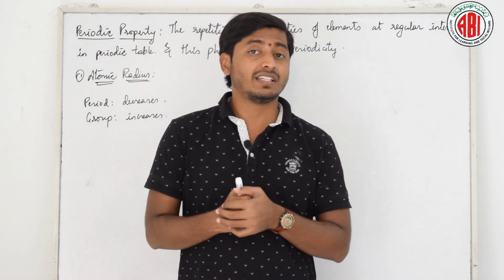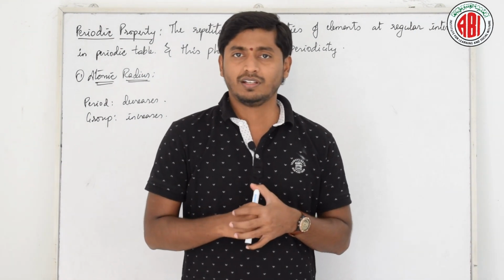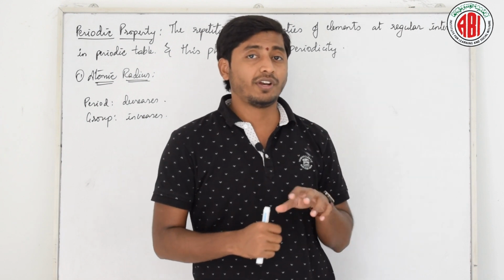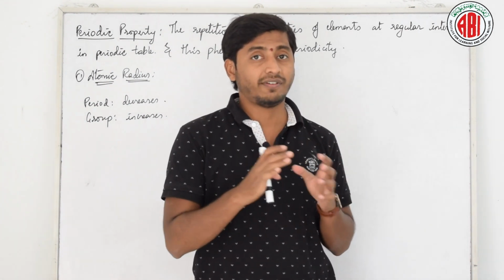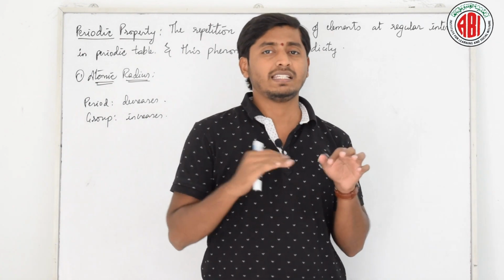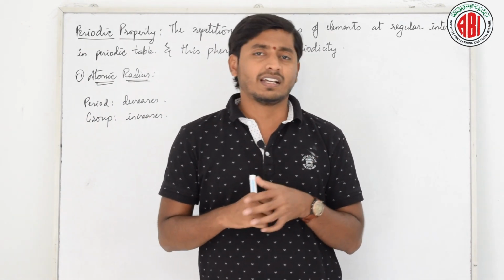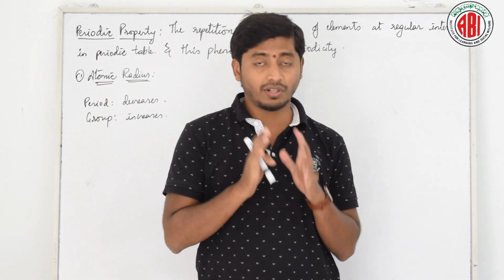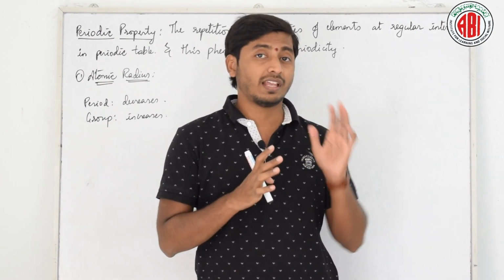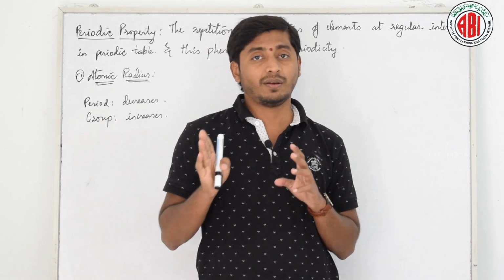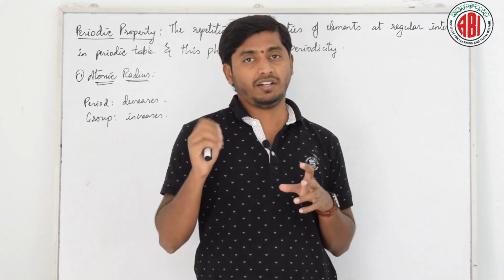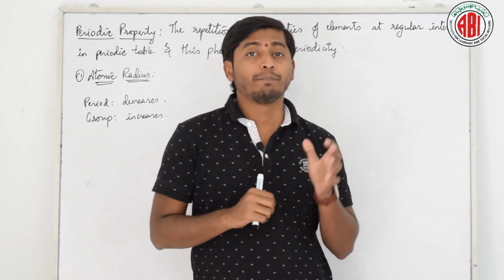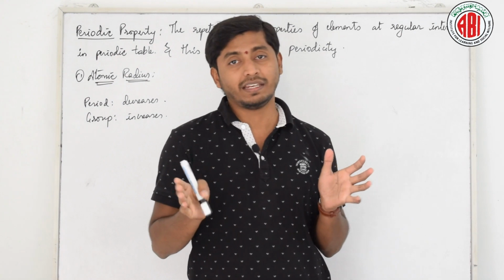And in the last session, we discussed the long form of periodic table. What did we see in that? We saw that the whole periodic table is classified into 4 blocks: S, P, D and F. And a few things we remember: all the metal atoms are placed on the left side of the table and all the non-metal atoms are placed on the right side of the table. By this we can conclude that metallic property decreases from left to right in a period.